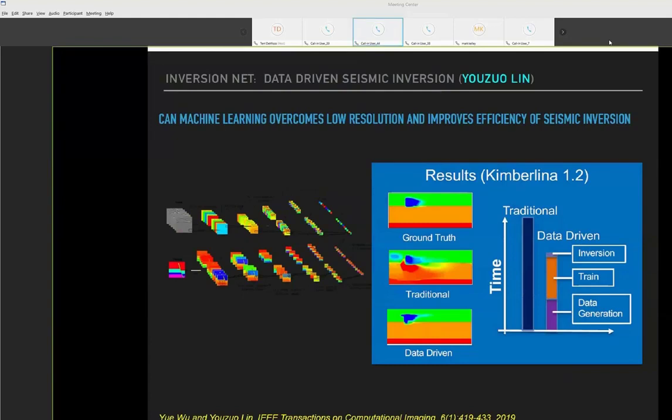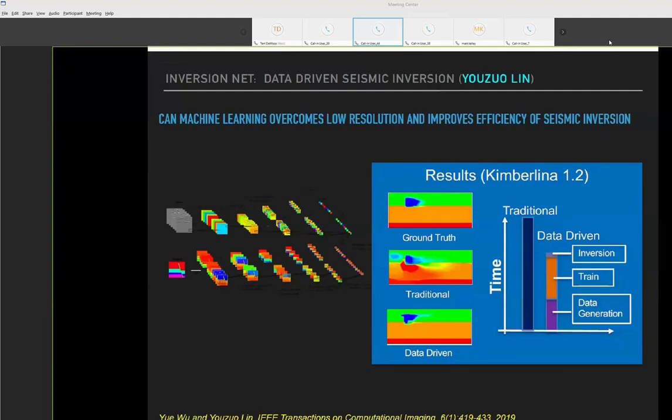So then I wanted to just mention work by Yuzuo Lin and his team. One of the things Yuzuo and his team are working on is new ways to image, and in this case, applying a neural network to image. The way this works is you train a 2D model on many, many different layered structures and geometric structures that include faults, folds, etc. You do this maybe 10 to the 6 times, so you have a very large training data set.